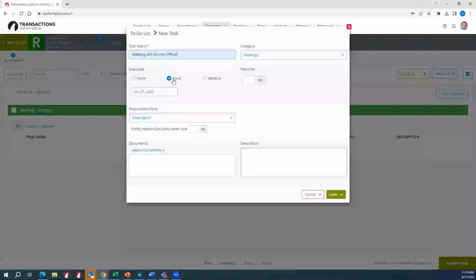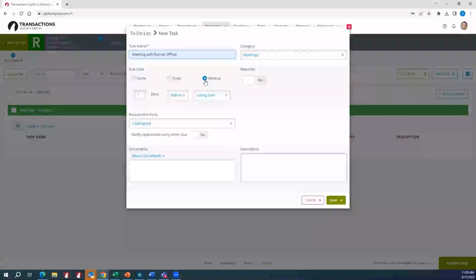Now, I will mention that this fixed date option, when you're creating templates, probably we don't want to do a specific date, right? Because you're going to be using this template frequently, and the fixed date obviously wouldn't make sense for your future transactions. But what you can do is what's called the relative option that I kind of hinted at a little bit earlier. Now, the relative option allows you to assign specific dates based on a specific time period within your transaction's lifespan. So for example, if I wanted to set up a meeting with the escrow officer to happen 10 days